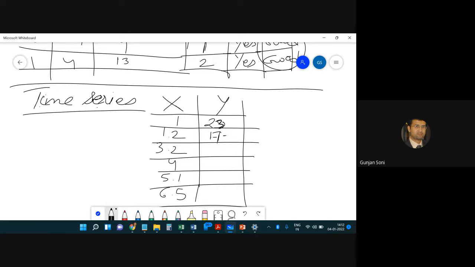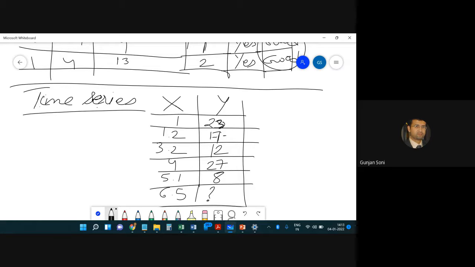It is again labeled. For every corresponding value of x, we are getting a value of y. Now we want to predict, corresponding to x equal to 6.5, what will be the value of y. We anyway know regression can be used, but this is another technique which we can apply,